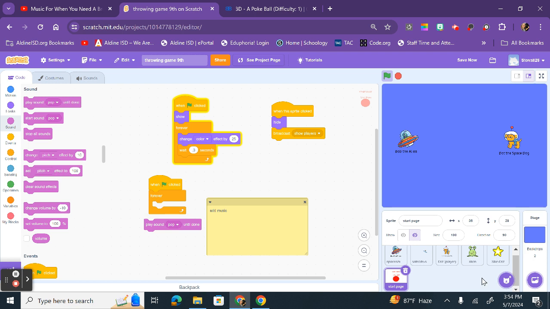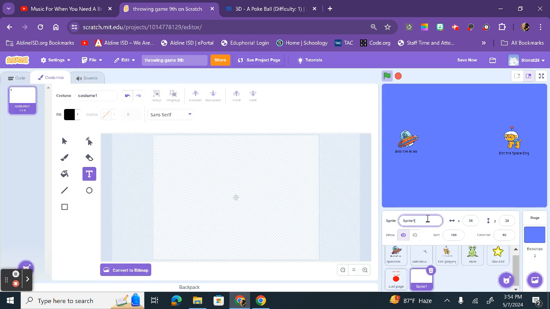The one other thing we need is to come over to choose a sprite. We need to paint a sprite. I'm going to relabel this player instructions, and I'm even going to change the costume name to player instructions. Now the only thing I'm going to do here is say this. You can copy this up here. I'm just going to put it here. I'm not going to type in everything. I'm just going to say player